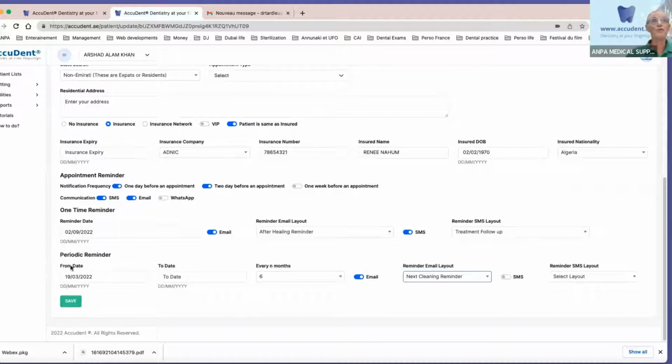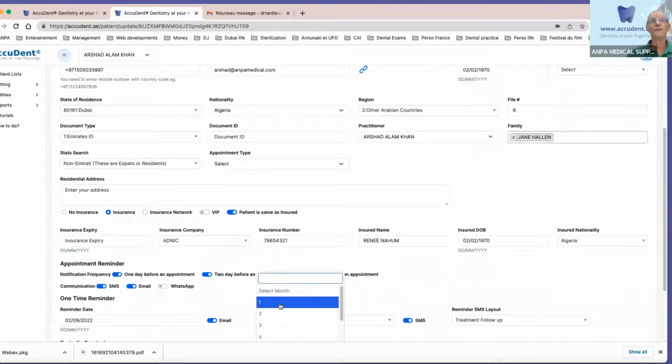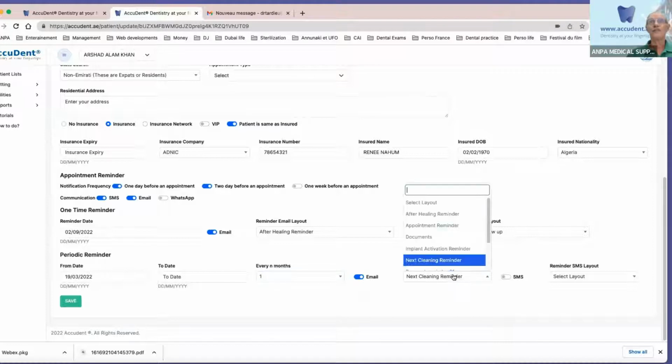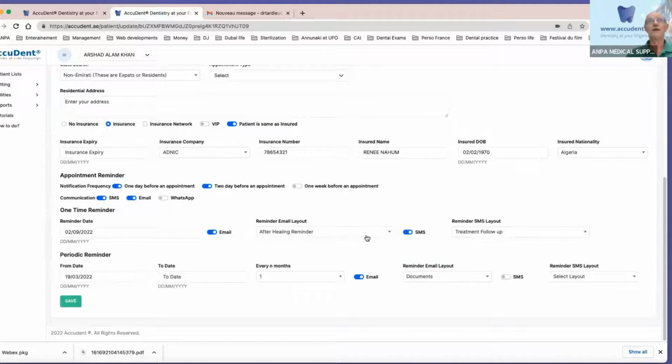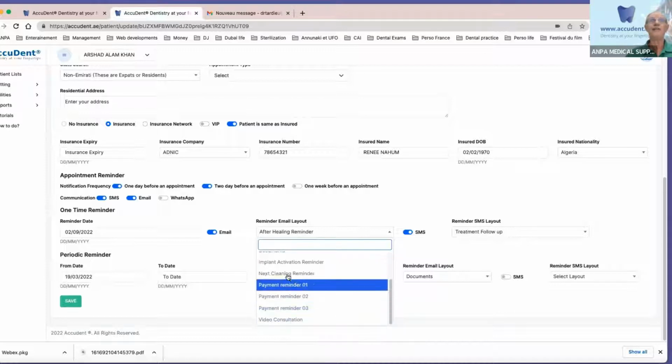In some cases, we use this in orthodontic treatment. In orthodontic treatment, we need to see the patient once a month, okay? But some people will not need to get an appointment for next month. They don't know when they will be free or out of the country or in the country. So it's not next cleaning. It will be appointment, not appointment reminder. It will be another, after healing or follow-up, and you can change all that and edit as you want,